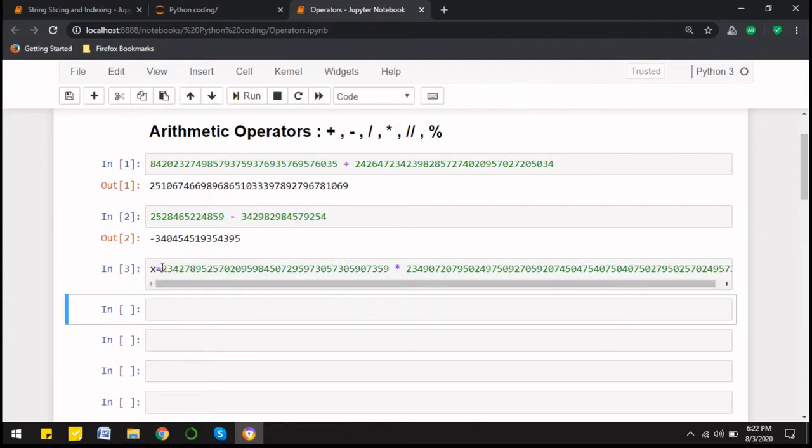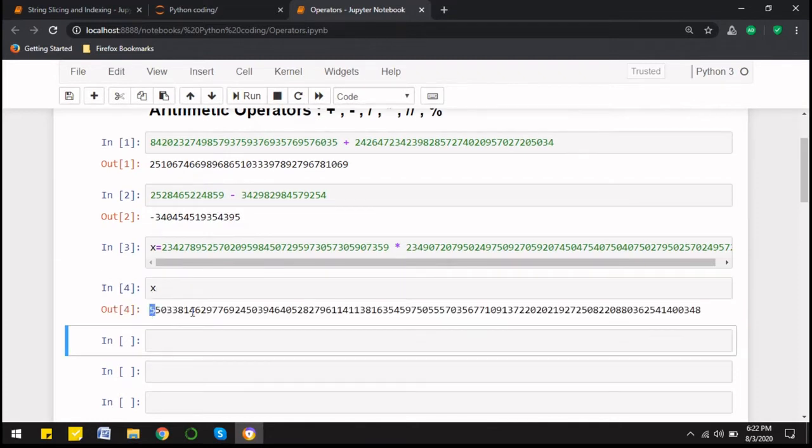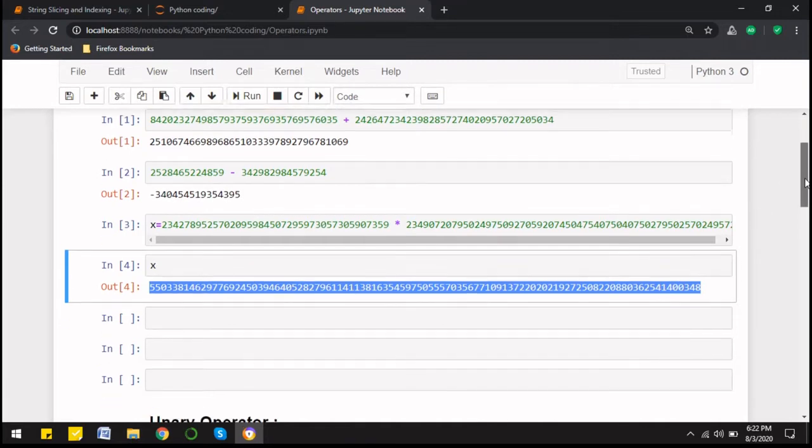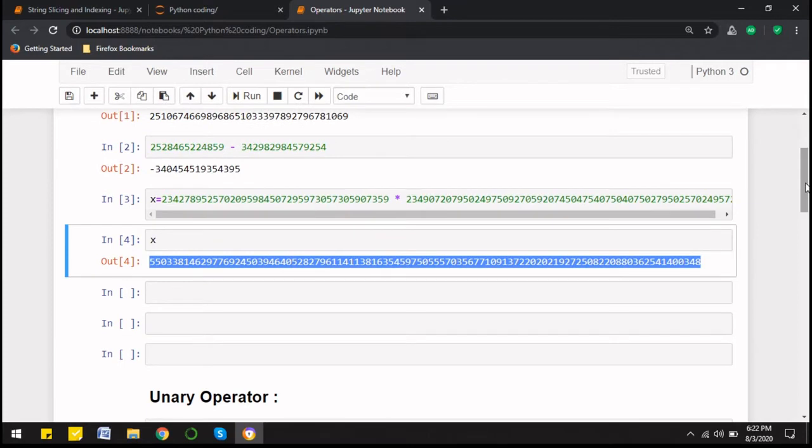So if I calculate the result, and if I see the value of x, I can see that such a big value after the multiplication is there. We don't even know how to pronounce this particular value, because we have learned in childhood how to count the numbers only till millions and billions.